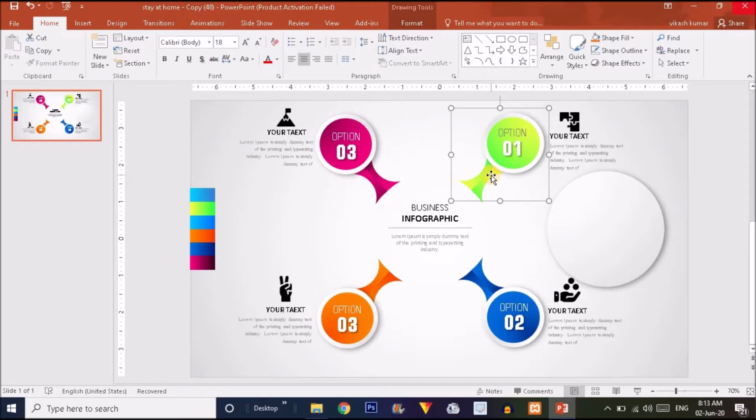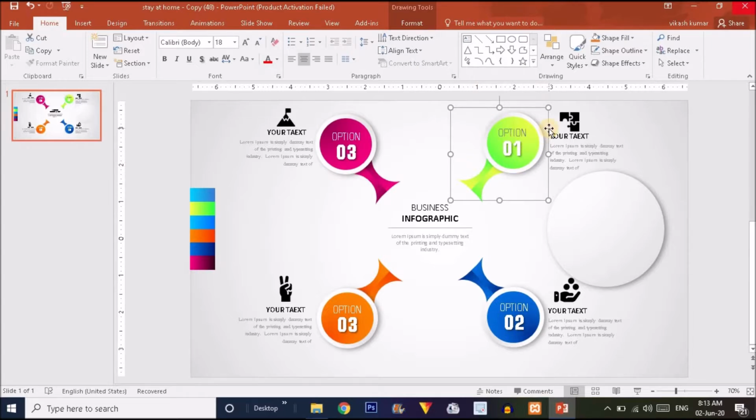So for this shape, as you can see, I have duplicated this shape 4 times. This shape group actually, because this is not a single shape, I have created more than one shapes and grouped together to get a shape like this. So I have 4 copies of these shapes, and when we arrange the shape in a particular manner, then the infographics like this will be completed. So let me show how I have created this shape group.